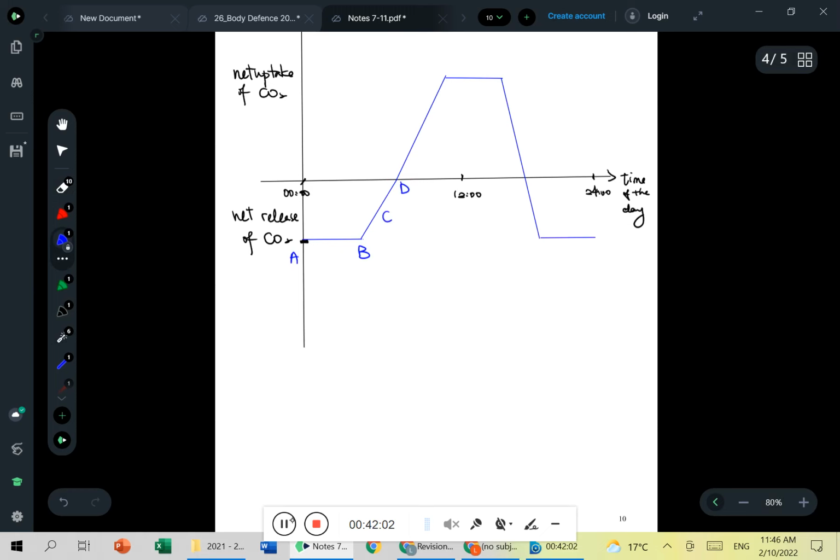C 啊，D、E 啊，F、G、H、I、J，OK？喺呢幅 graph 裡面，我不如咁樣問啦。So in which period does the plant carry out photosynthesis？